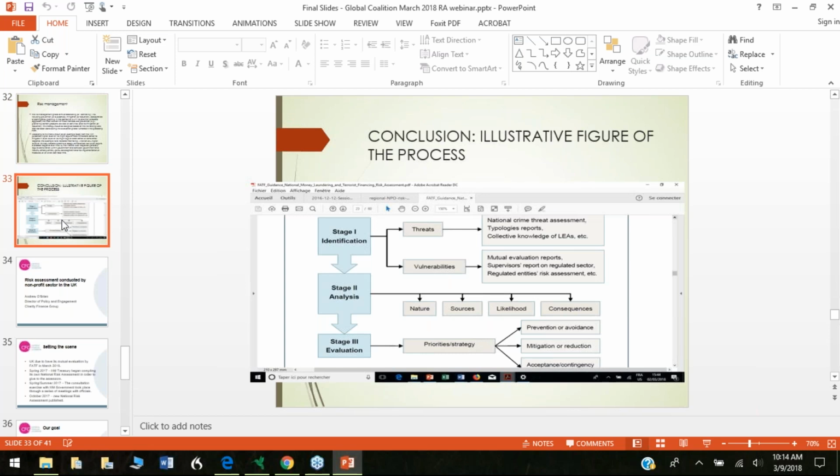illustrative figure of the process that I took from the FATF guidance. And in this figure, there are only 3 stages. I have added a 4th stage, but all the points that I've mentioned are represented in this figure, in those 3 stages. It's just that in the methodology that I suggest, I actually allocated the different actions within 4 stages instead of 3 stages. So it's very difficult to go through how to do a risk assessment in 10 minutes, but at least it can give you some basics, and if you have more questions, I'm more than open to